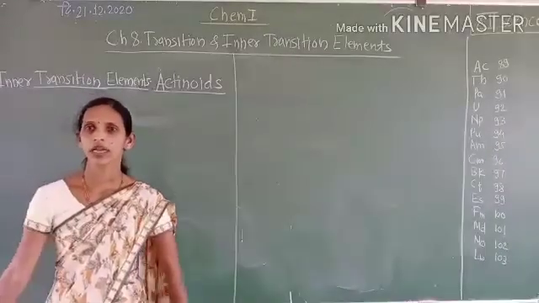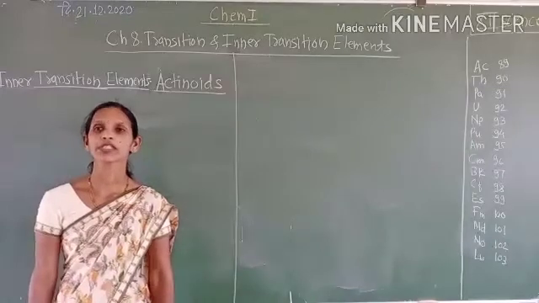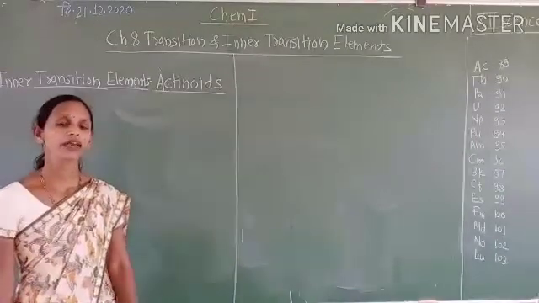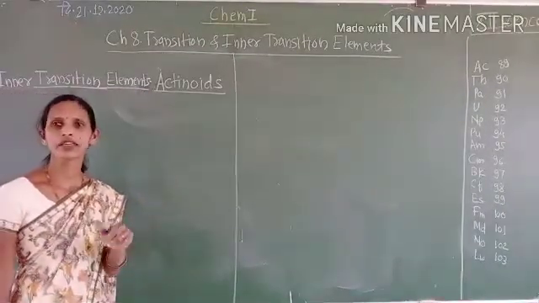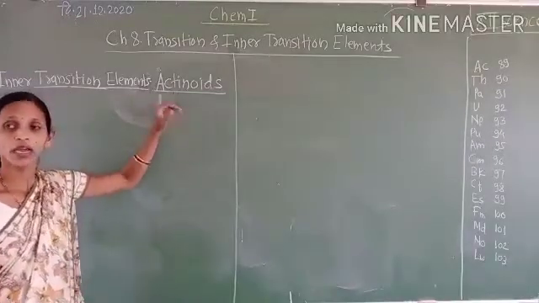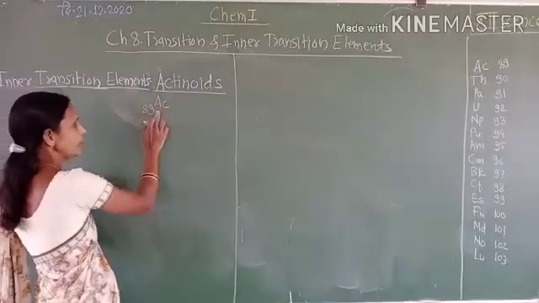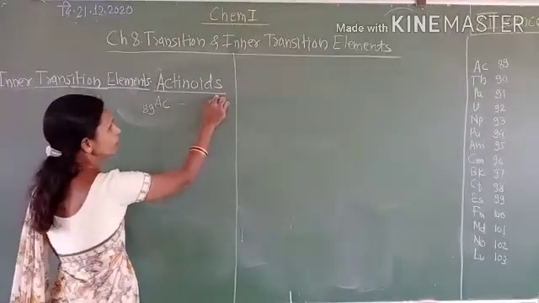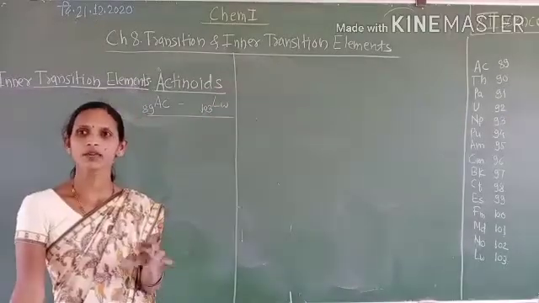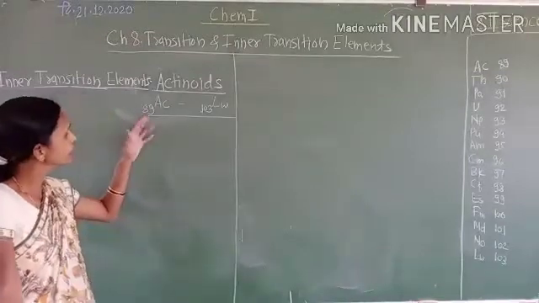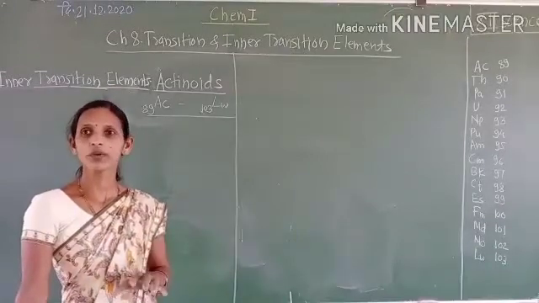Hello students, in the previous lecture we have studied in detail the electronic configuration and oxidation states of actinoids. Actinoids are the inner transition elements present in the second inner transition series. They run from actinium, having atomic number 89, to lawrencium, having atomic number 103. These 15 elements are present in the second inner transition series, in which the 5f orbitals are